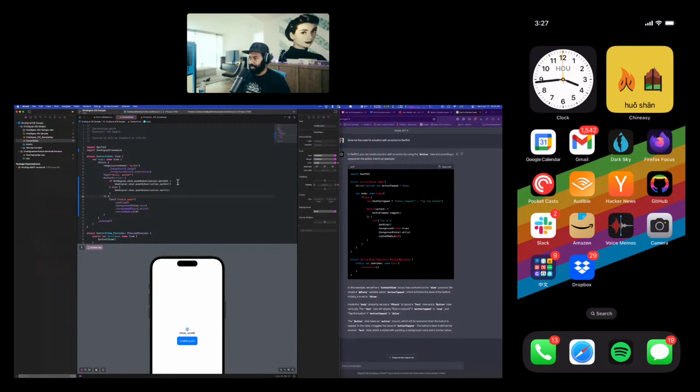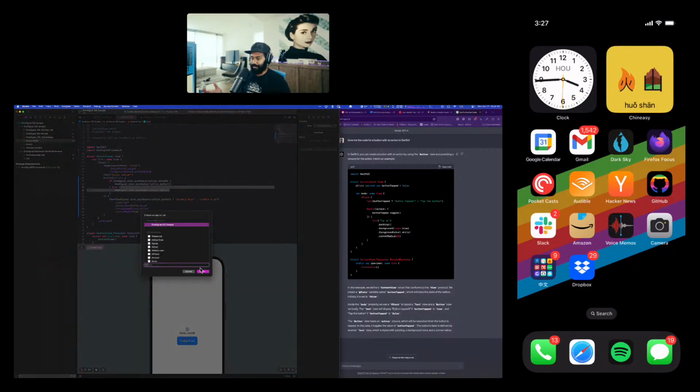Now I want to use a ternary expression for this. I think I could do ternaries. Oops. All right, cool.